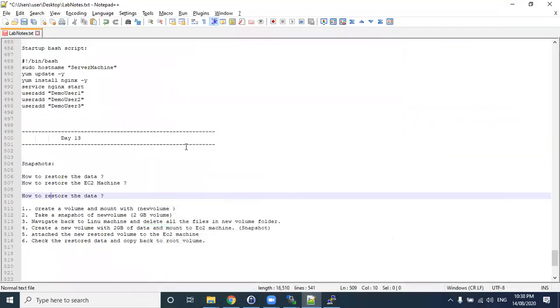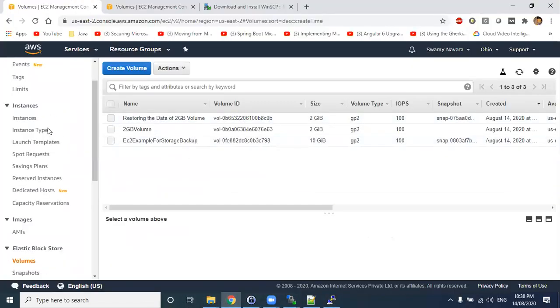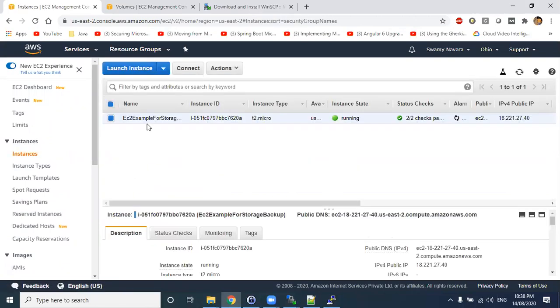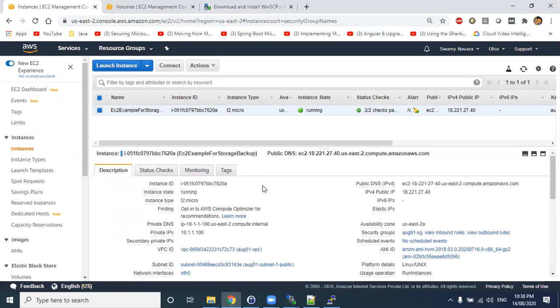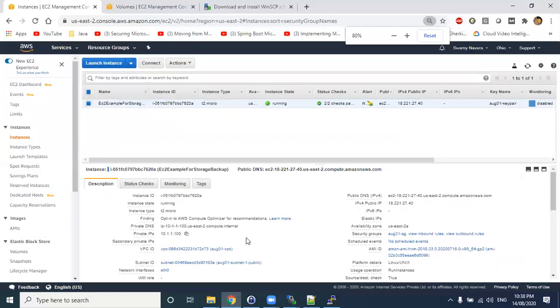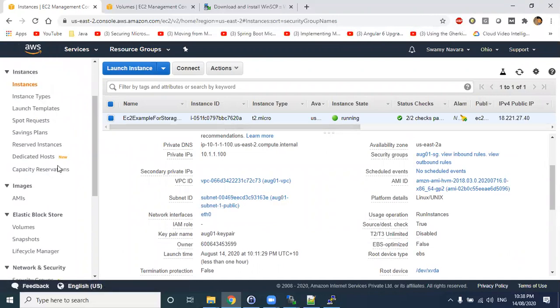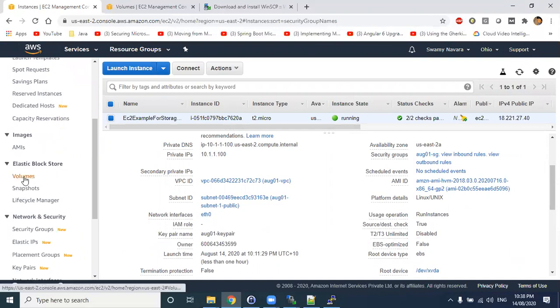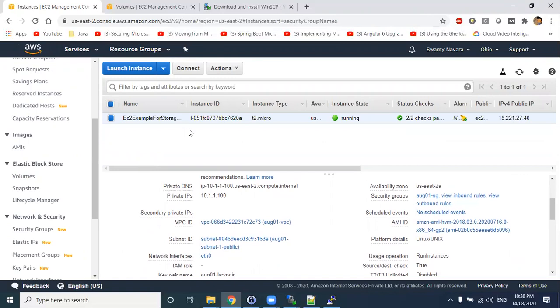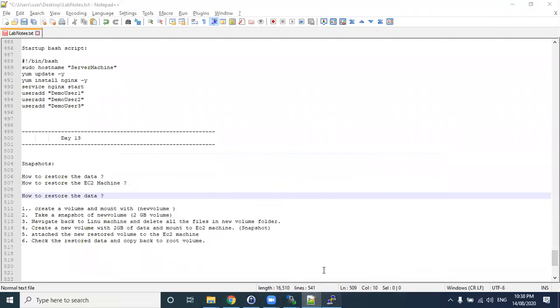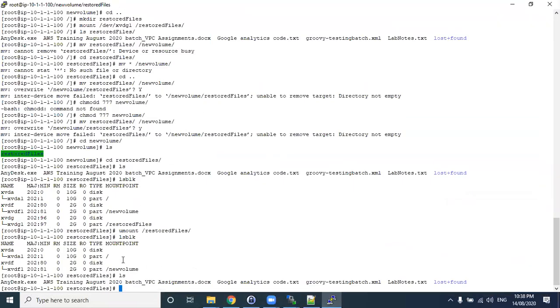Why are we doing all these things? For example, you are allocated to a project in future where you are working on AWS. You have an EC2 machine, which will have a default of 10 GB or 8 GB, whatever it spins up with. All of a sudden, your project requires increasing the storage. Then either your technical lead or your manager will ask you to mount a 10 GB volume. You will create a volume and then attach it. If you attach the volume, it will not be directly mounted, right? Then you need to log into this machine and perform these operations in order to mount this particular volume to this EC2 machine.